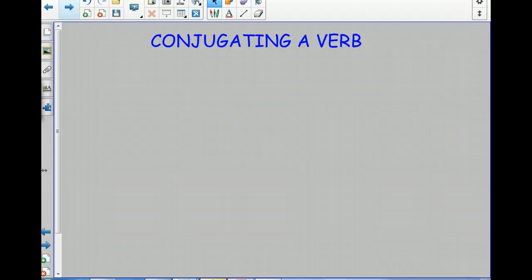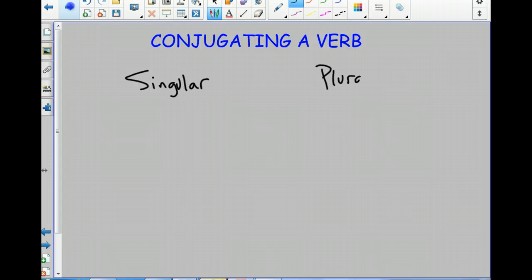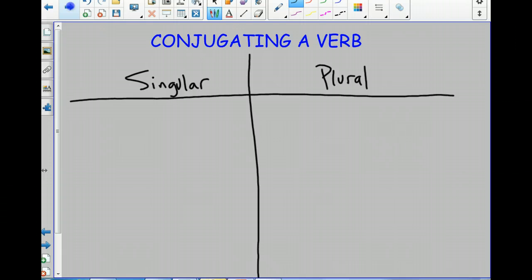All right, conjugating a verb. Now, we all are familiar with those little columns and how we conjugate, but we have to know how conjugating works. Generally, we put them in two columns. We conjugate verbs in two columns. Now, conjugating is overrated, to be honest with you. Conjugating is something that if it's done in a vacuum, if it's done by itself, it doesn't really help us in any way. We need to understand how it works.